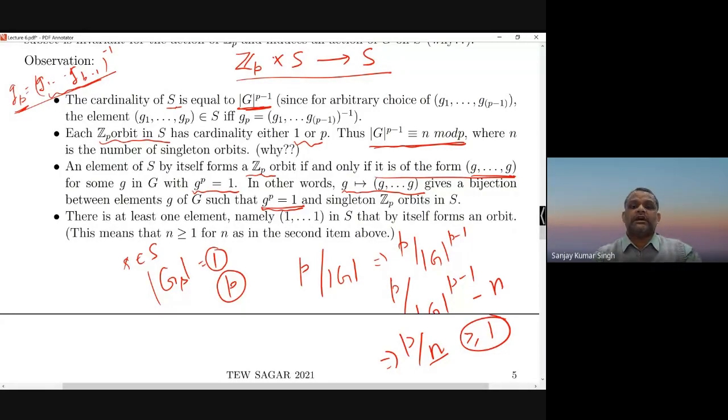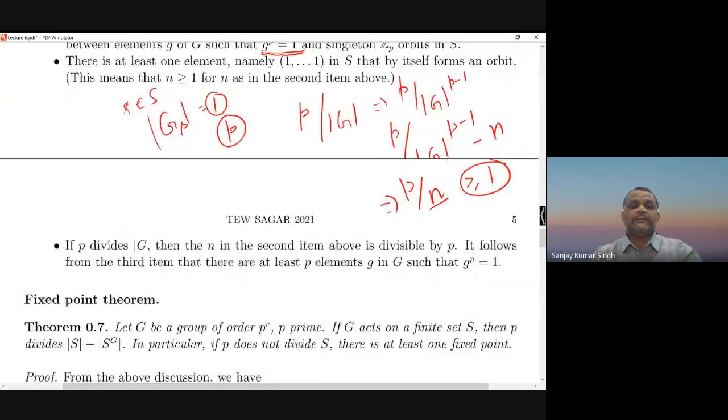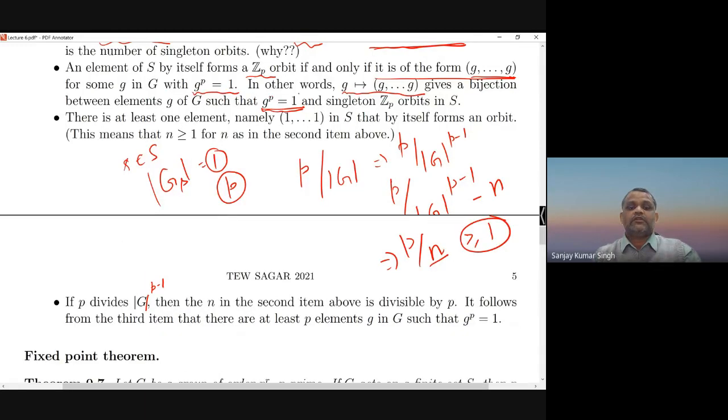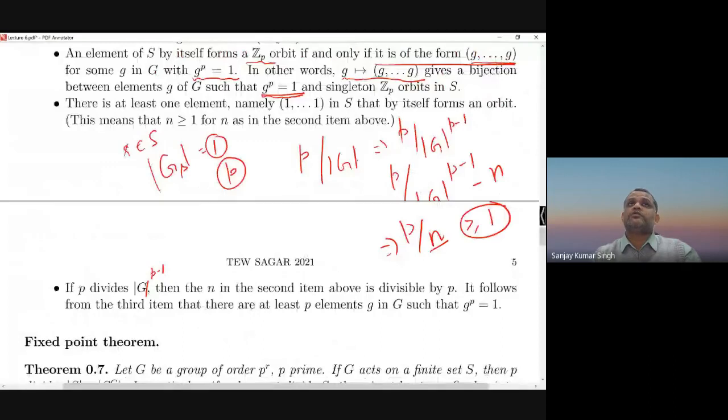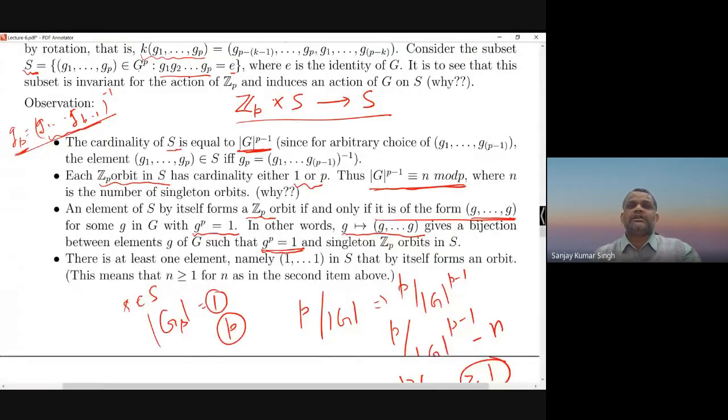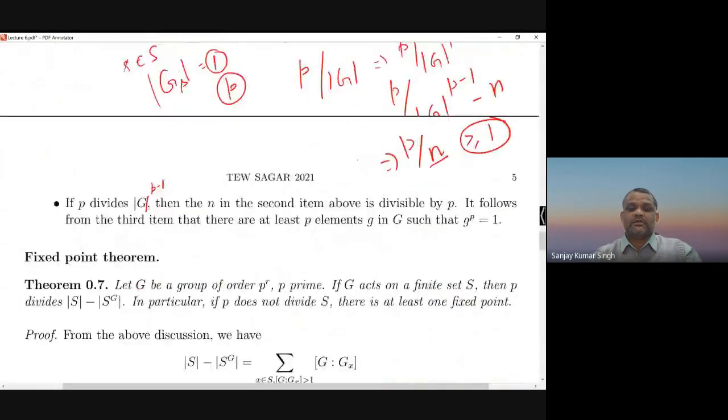And it proves that, just here some typo. So put it here. So it proves there exists some g which is not the identity such that g to the power p is equal to the identity. So now I have proved a theorem, Cauchy's theorem, using the technique of group actions.